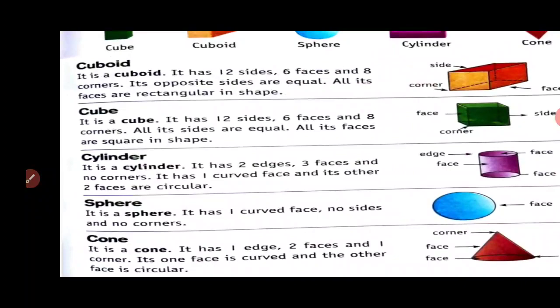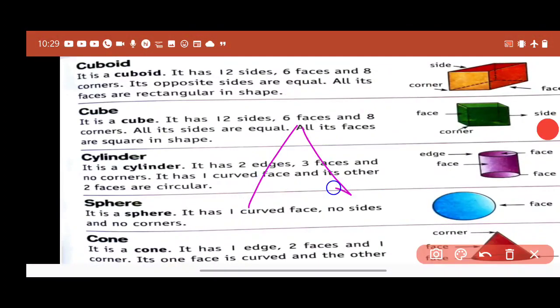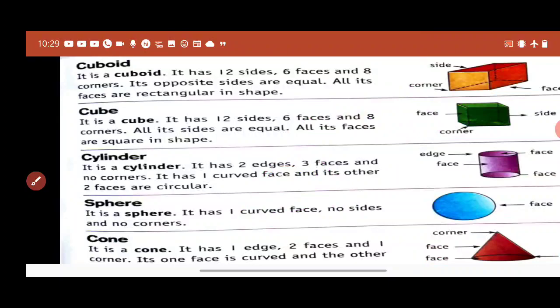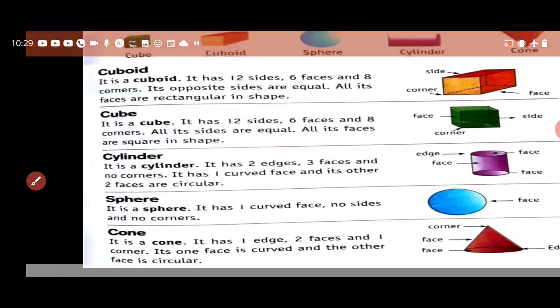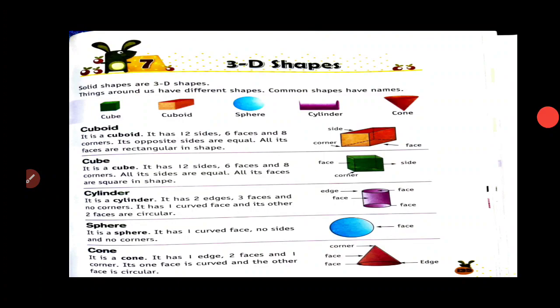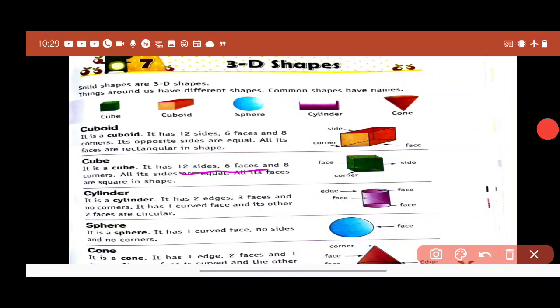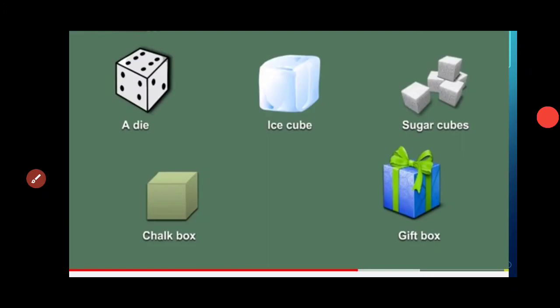Then comes a cone. It is a cone, children, you can see. I can make a cone over here for you for better understanding. The pointed portion is called the corner. So it has only one corner and 2 faces. This and this. There are 2 faces and 1 corner. Right, children? 1 corner, 2 faces and only 1 side. Okay, children? So this is some information that you have to keep in mind regarding each shape. You have to underline all this information with a pencil, and you have to learn this in the form of fill in the blanks.